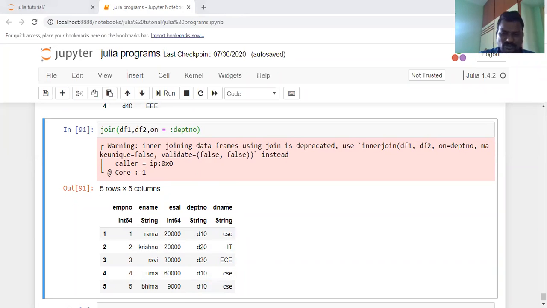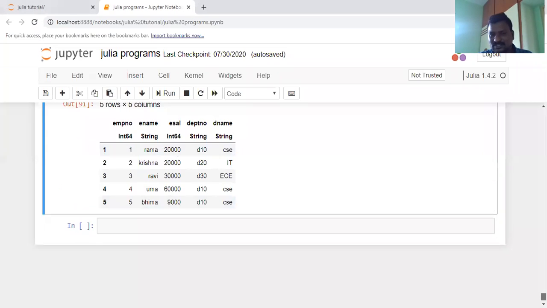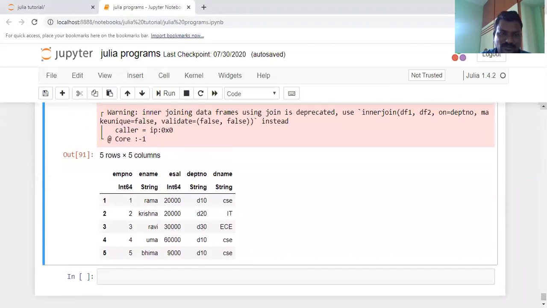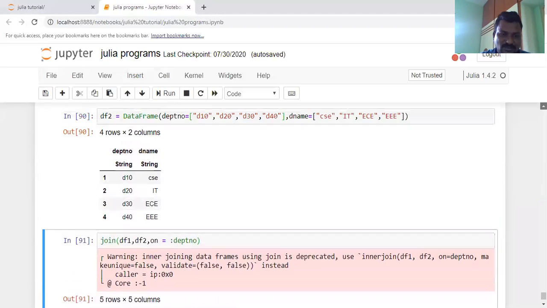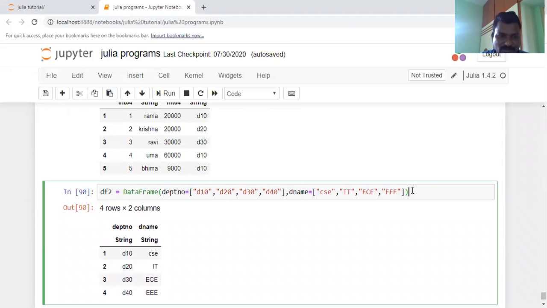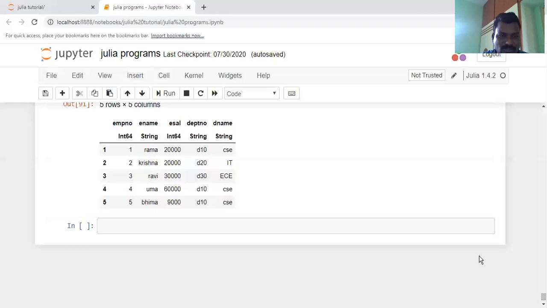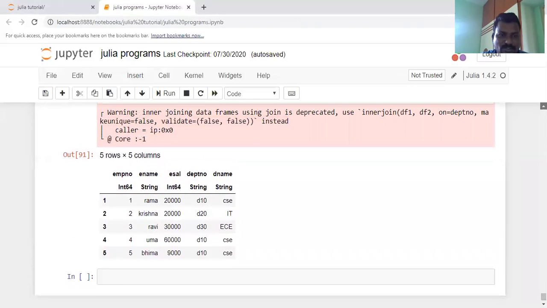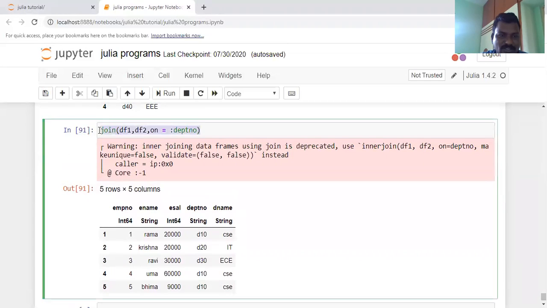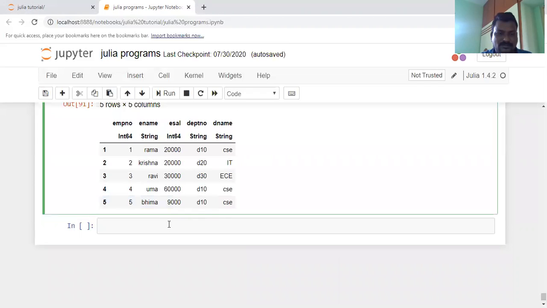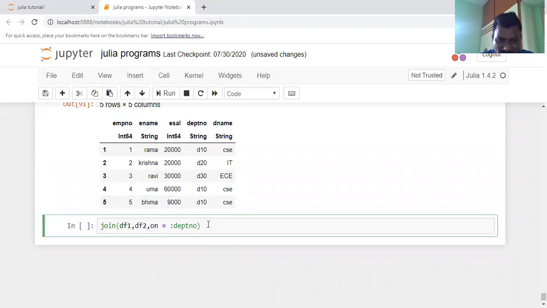You may perform the left outer join and right outer join. What is the left outer join? It shows all the information about the left table as well. For example, I want to perform the left outer join. Take this department table, the join table. How can you perform the left outer join? Let us take a simple data here. I am taking this table. Here I am going to perform the left outer join.